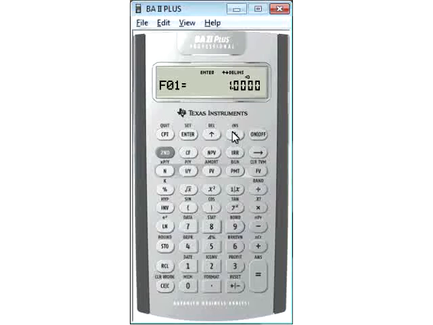Does anyone have the cash flows with them? Let me look at the textbook here for a second. I'm pretty sure they have it in the textbook. Yeah, it's on page 361. Okay, 5,000 is the cash flow in year 1, one time. Then 10,000 in year 2. Enter, down arrow, twice.